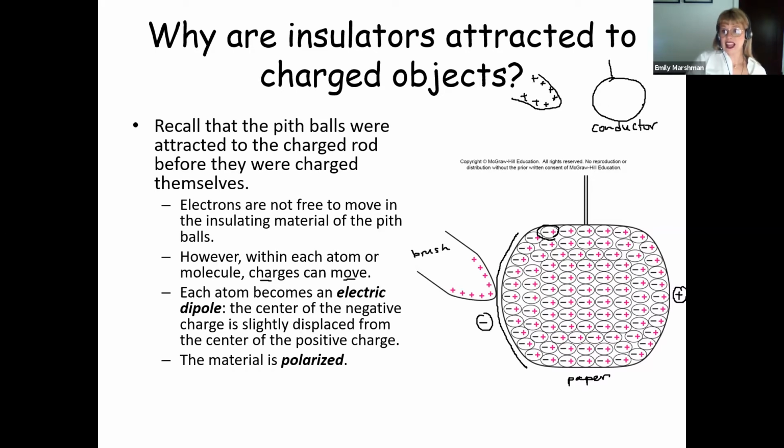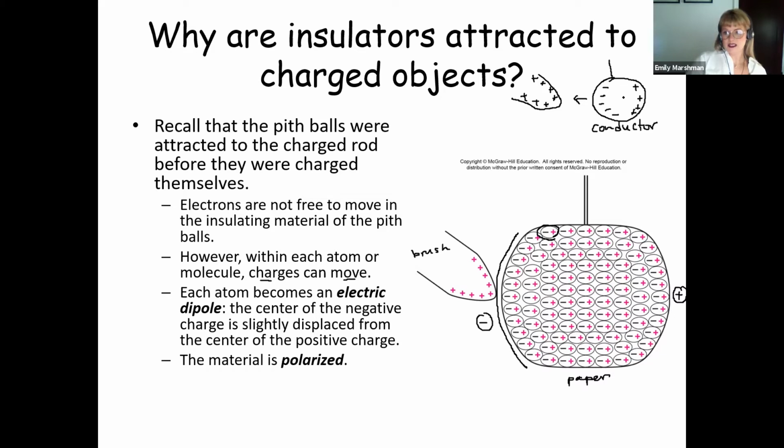The conductor allows the electrons to flow freely through it. They can leave the atom and float around. There's like a sea of electrons in the conductor. So what we would see with the conductor is that there would be a buildup of negative charge on one side due to all the electrons piling up over here, being attracted to this positively charged brush. That means that there is a deficit of electrons on this side of the conductor, and it's positively charged over here. The same effect occurs that we saw with the paper. There's an electrostatic force,